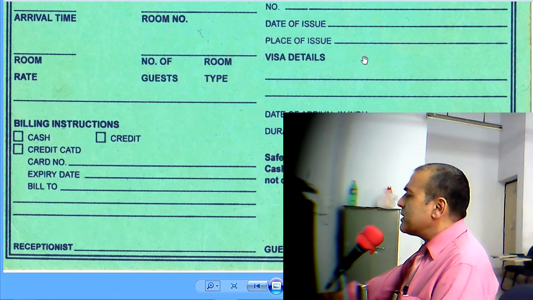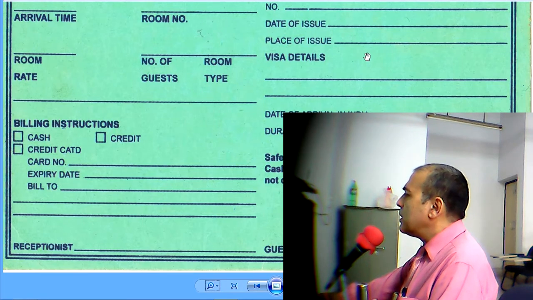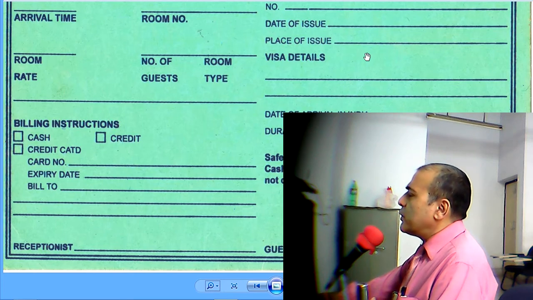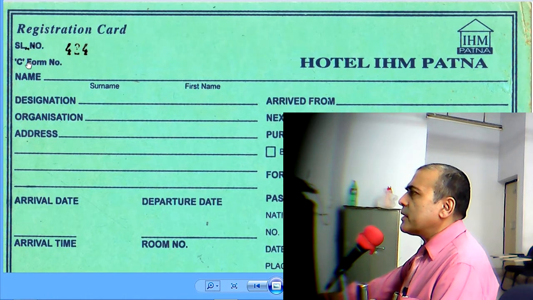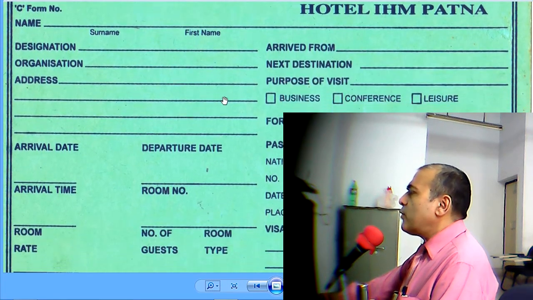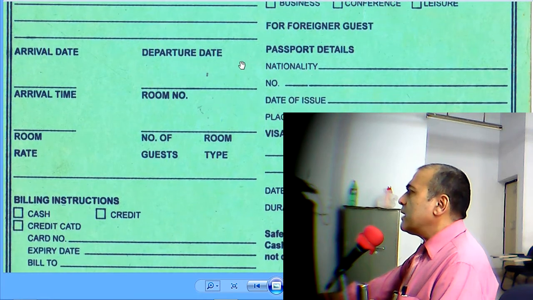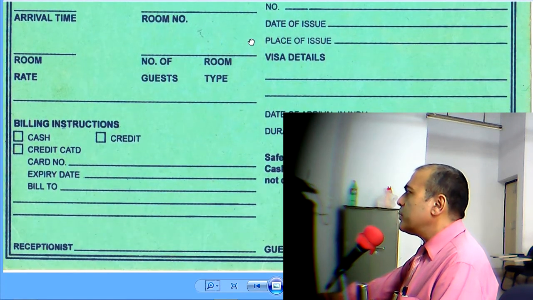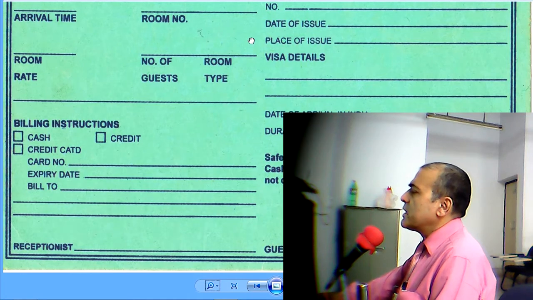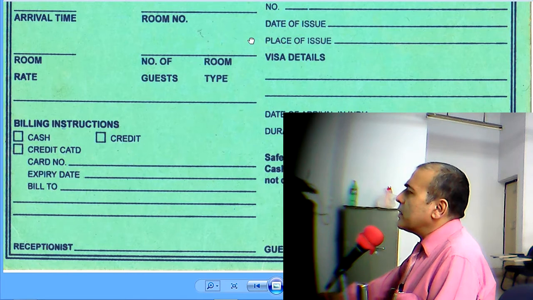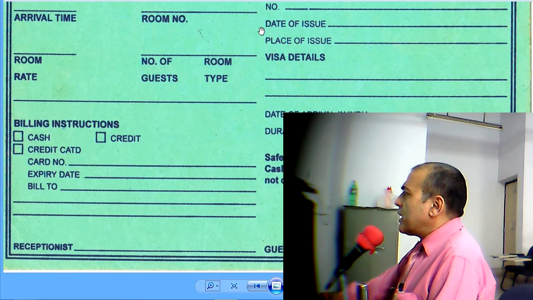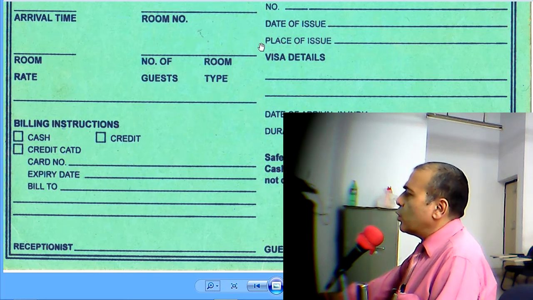And this is one reason why we have another document called Hotels Arrival Report, which is also called C form. You saw C form here. So C form is filled for all foreigners and it is sent to either the FRRO. FRRO means Foreigners Regional Registration Office. There are, I think, 16 FRROs in India, including all metros, Bengaluru, Amritsar. Then if not FRRO, then SP office in that city. If not SP office, then at least a local police station.